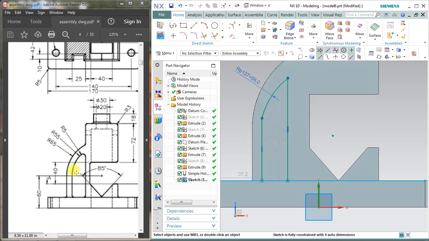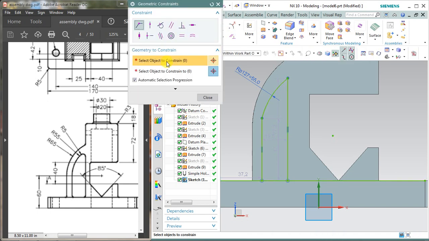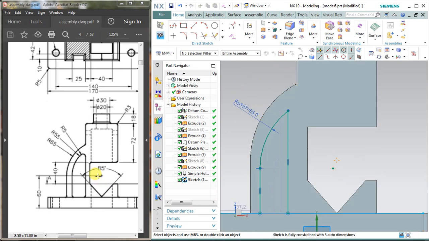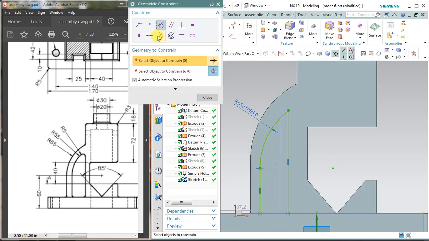And the next thing is make the line and circle tangent by selecting tangent constraint. Select the circle and this line so that they can come tangent to each other. The next thing is this line is collinear with this top line. So for this I'm selecting a collinear constraint. Let's see whether it works or not.